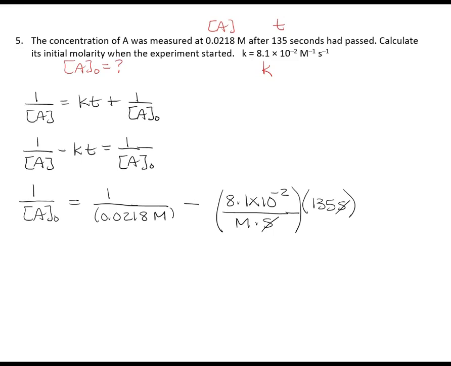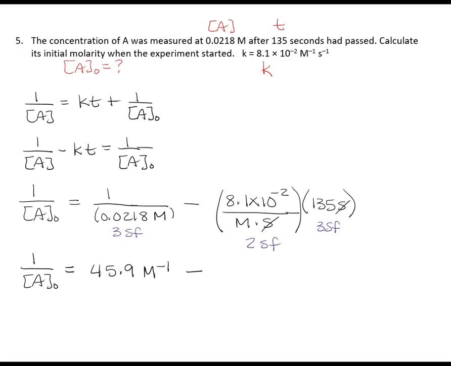Looking at the sig figs, I have 3 sig figs here, so I'll end up with 3 sig figs. Over here, with the KT term, I have 2 sig figs and 3 sig figs, so that term needs to get rounded to 2 sig figs. So we're just going to go ahead and keep track of these separately. So the first calculation is 1 divided by 0.0218. Reporting that to 3 sig figs gives me 45.9. So 45.9 inverse molar